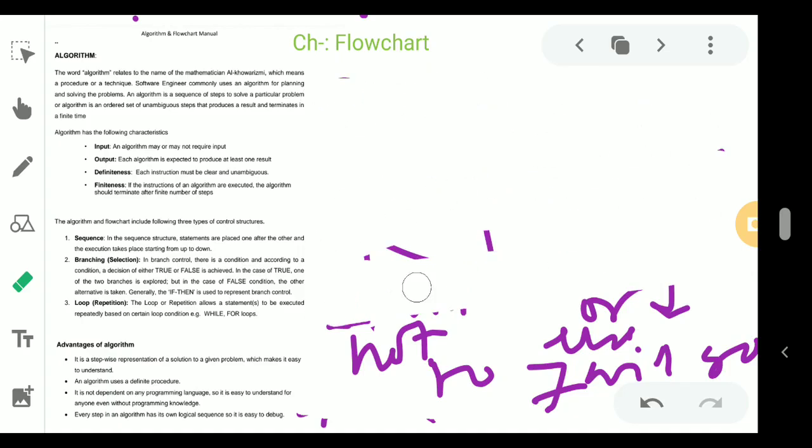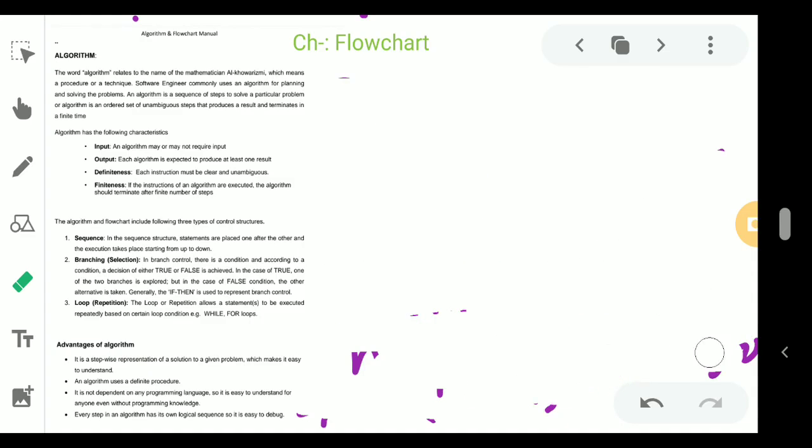Now the fourth one is loop. Sorry, not the fourth, it is the third. Third is loop. A loop or repetition allows a statement to be executed repeatedly based on a certain condition. So loop means that